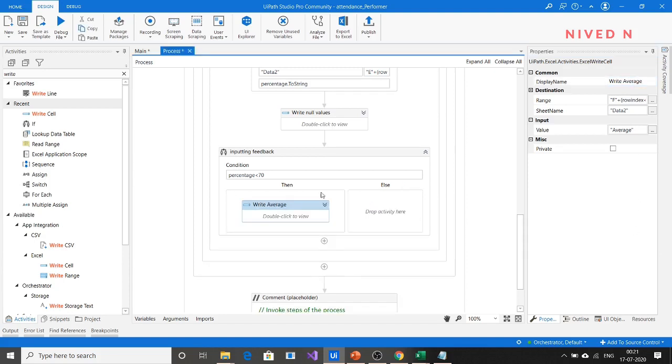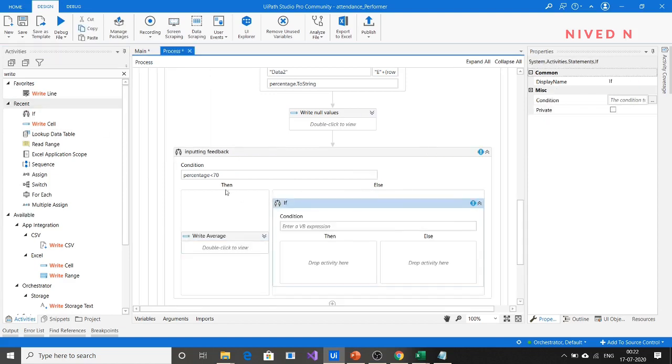Since percentage is less than 70, if this condition is true, we are writing average. If percentage is not less than 70, meaning percentage is greater than 70, that comes in the else condition. Within that else condition, you can make an if condition to split into two conditions.